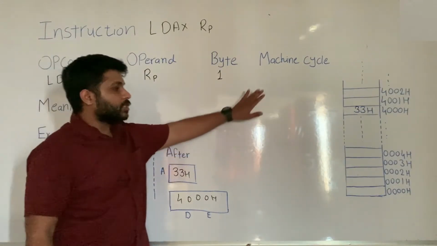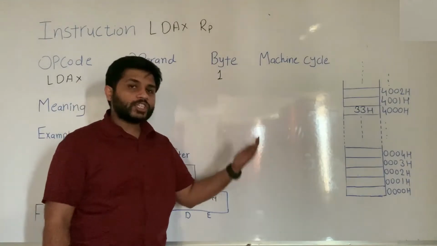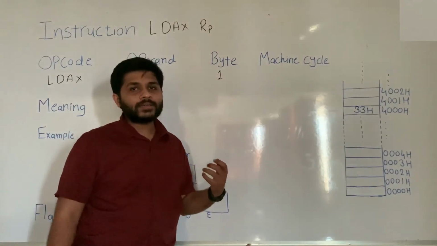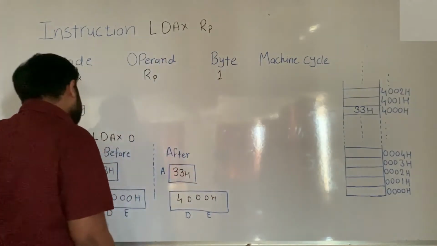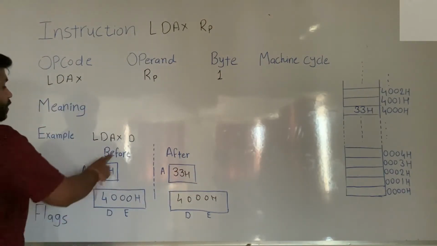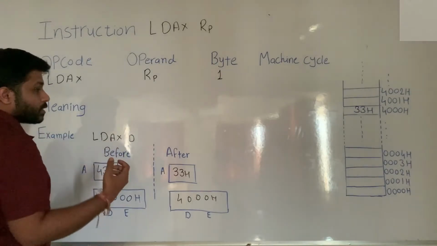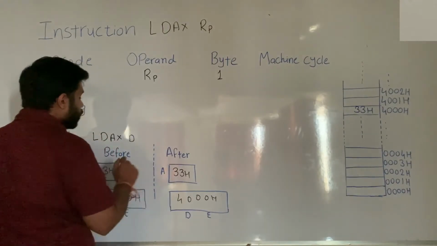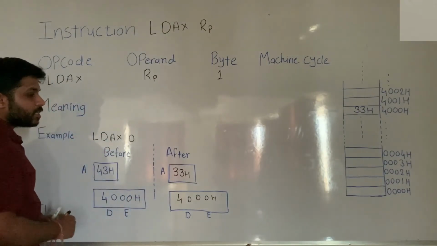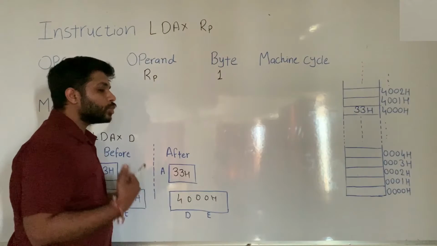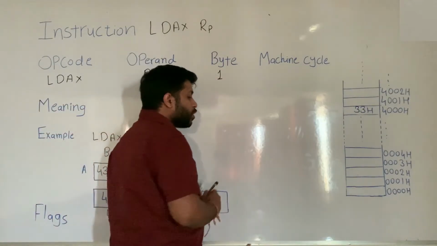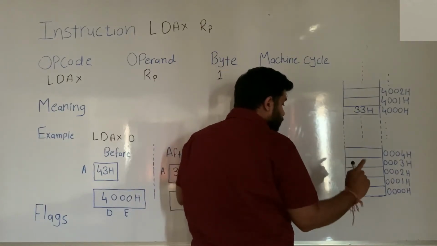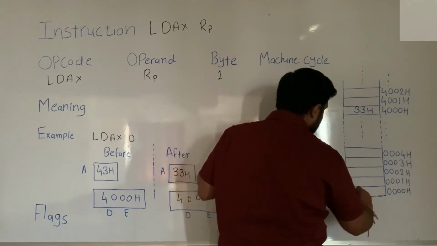Now let's see the machine cycle. To understand the machine cycle, we have to understand each and every process when this instruction is executed. When you give this instruction, the memory will store this instruction from the starting location. We know that this instruction is of 1 byte. It means when we give this instruction to the memory, only one memory location will be occupied.